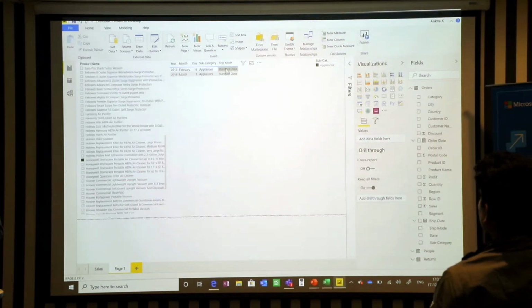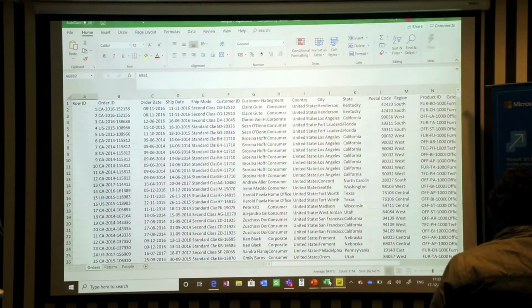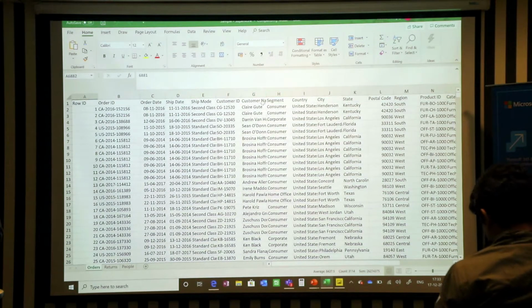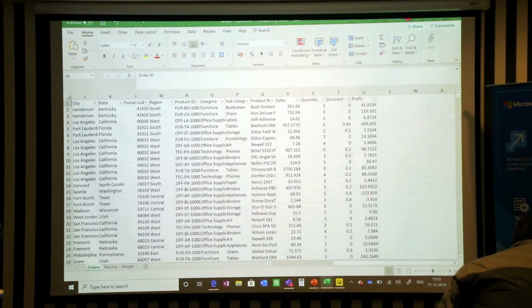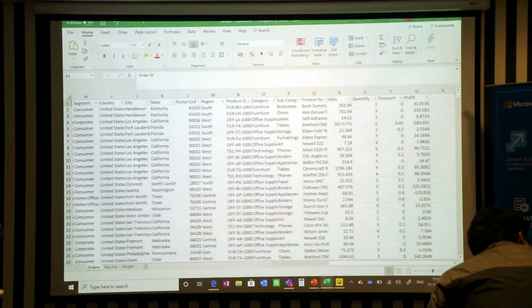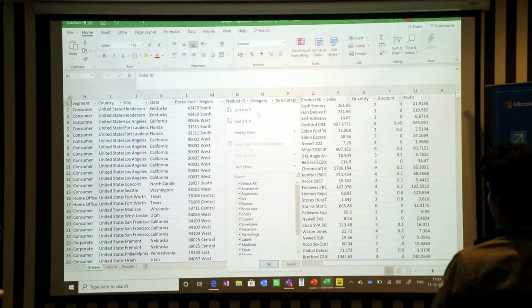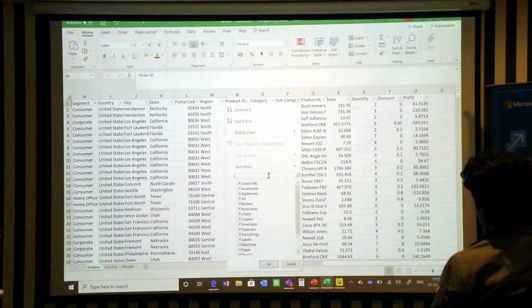So for example, let's search for the appliances. I've put in the code here, and in the sub-category I'll go on the appliances and search for the Honeywell air cleaner and just remove one row in front of you.